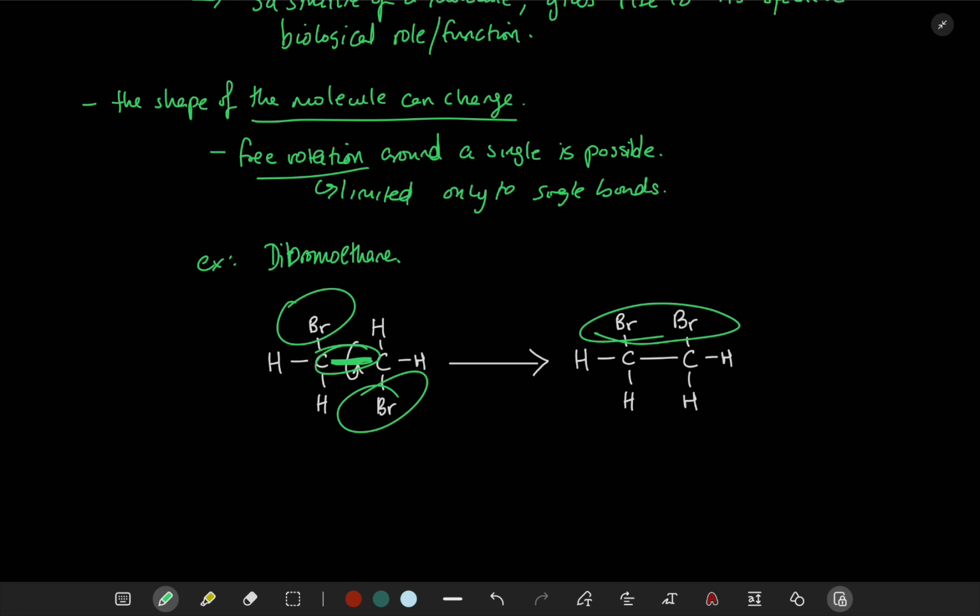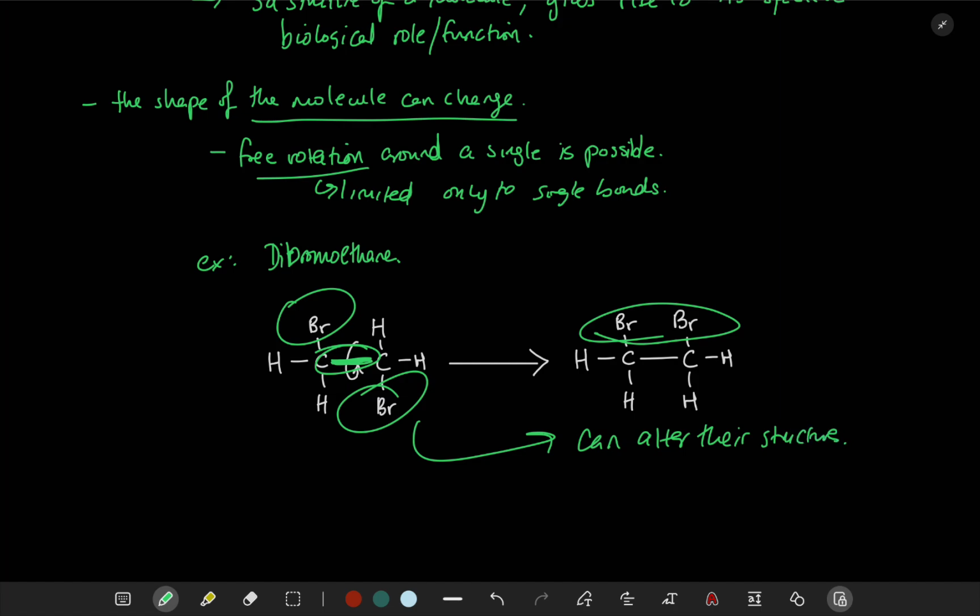You have all of these points of free rotation, and you can have all kinds of different combinations. So basically, molecules, especially these large ones, can effectively alter their structures,